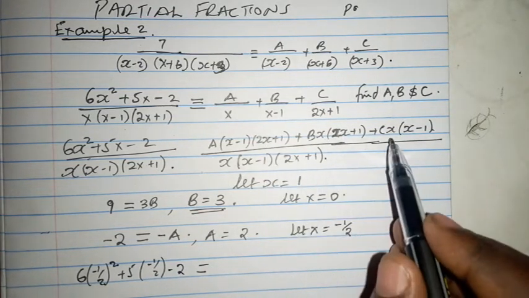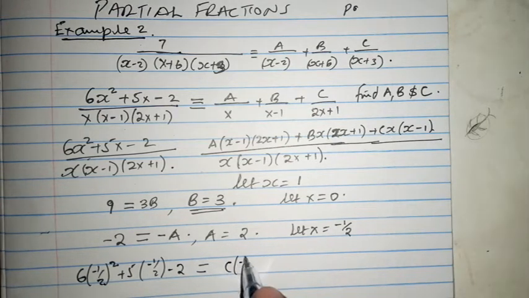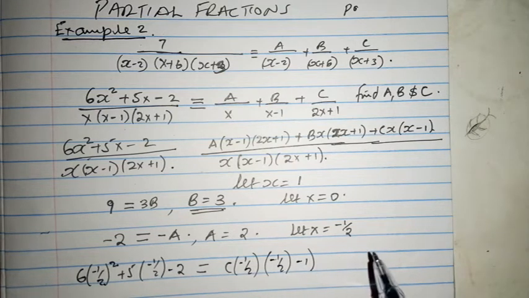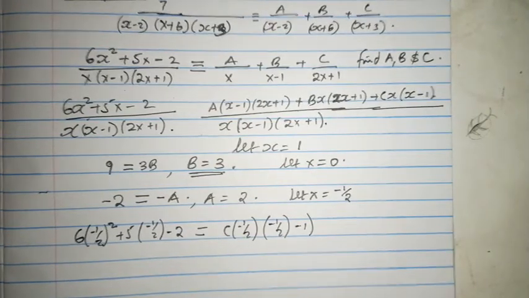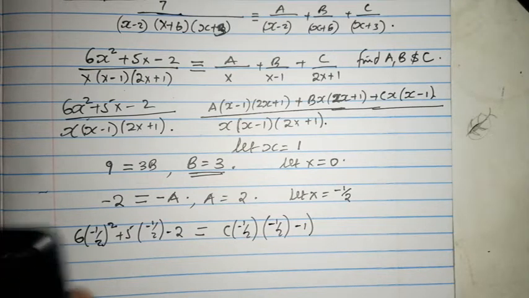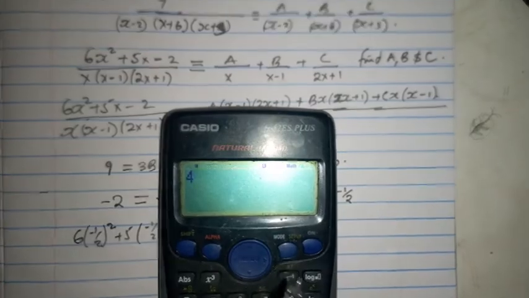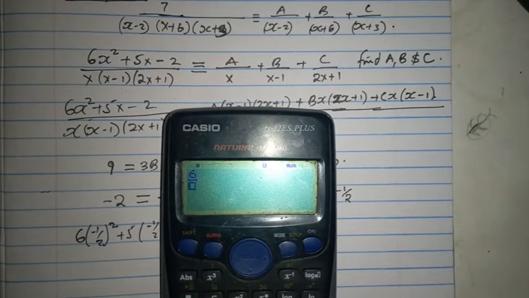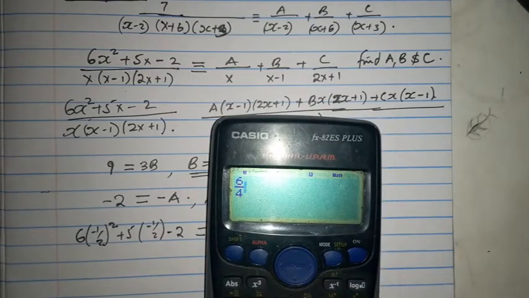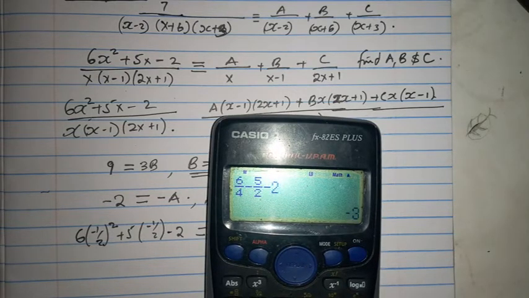This is going to be 0. C times negative a half is going to be c negative a half, and then negative a half minus 1. What is negative a half minus 1? Of course, negative 1 and a half. Negative 1 and a half times minus a half. We are going to find out what that is. Incidentally, we are going to evaluate the whole of this and have 6 over 4 minus 5 over 2, and of course minus 2, we get